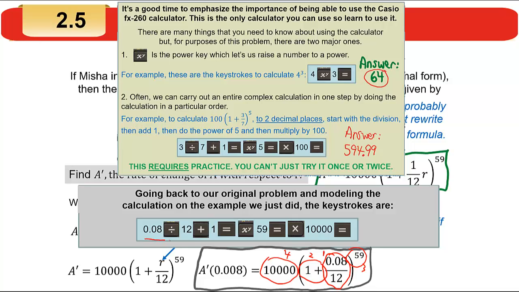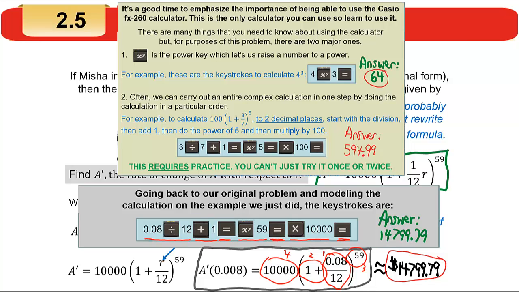Do the division first, then add 1, press equal to make the result show up, then raise the power of 59, again press the equal to make the answer show up, then multiply by 10,000, and if you press equal, you will see the final result of 14,799.79. Remember, it said to do it to 2 decimal places. And again,